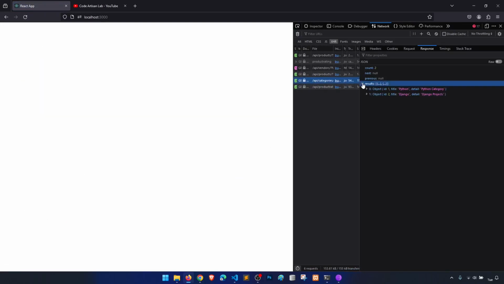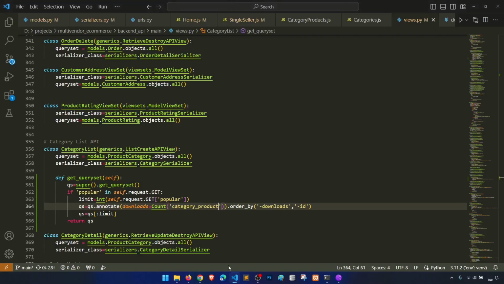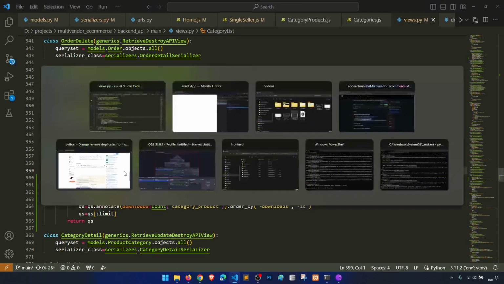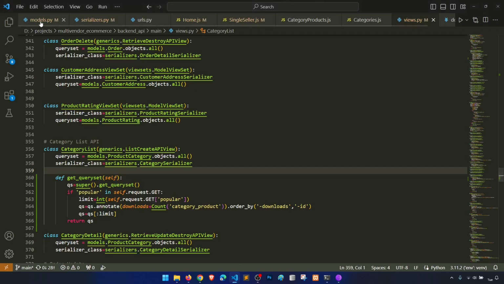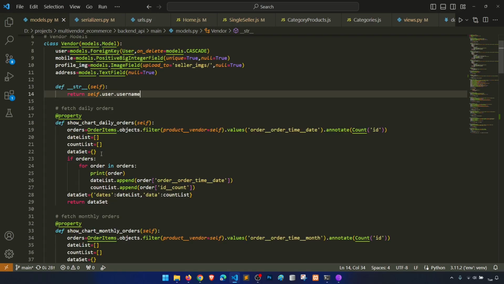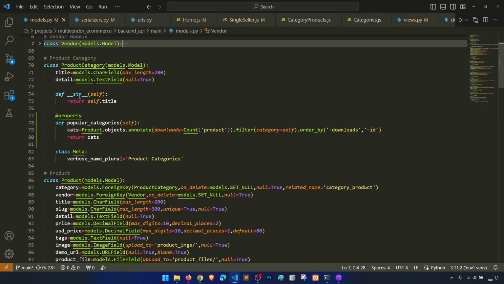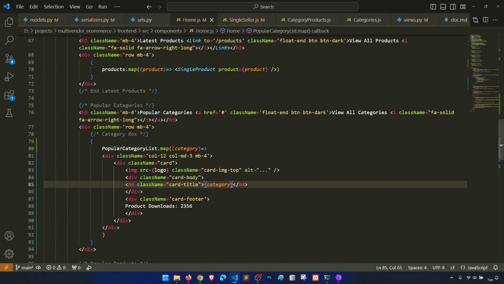So categories here, result, then we have a Python category, Django projects, right? Title detail. Okay, so we have in the model category title detail. Okay, fine. So let's go to home dot title, right? And then